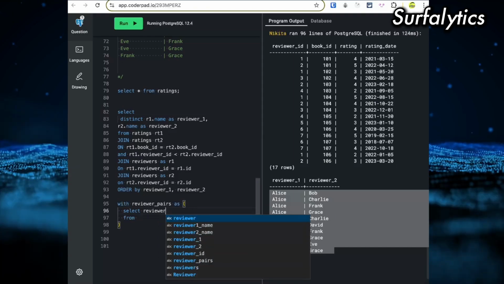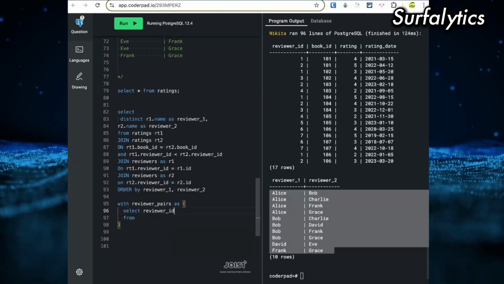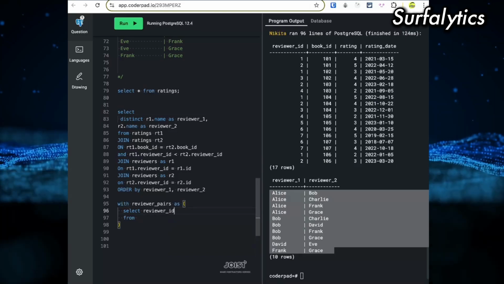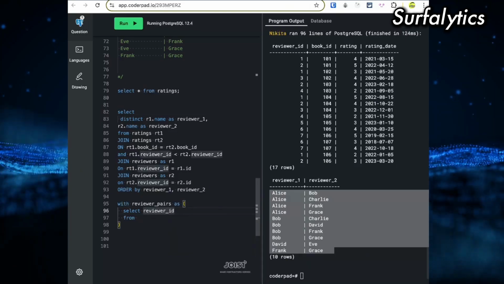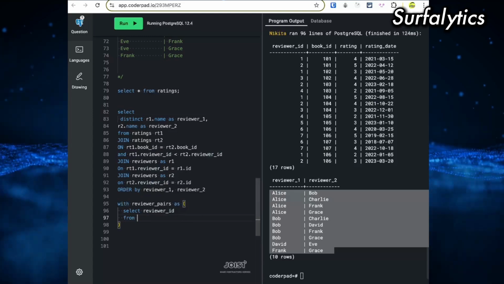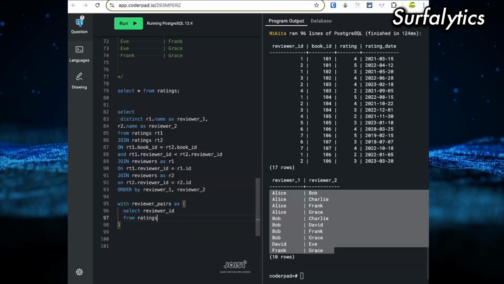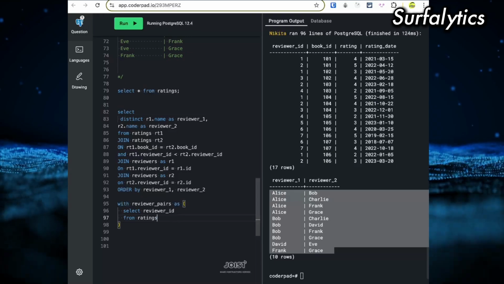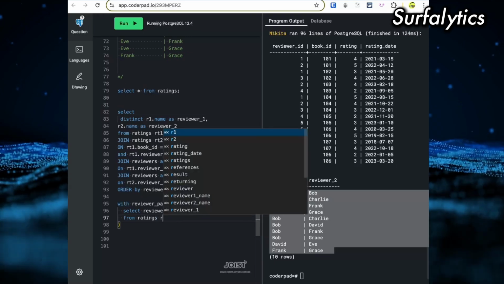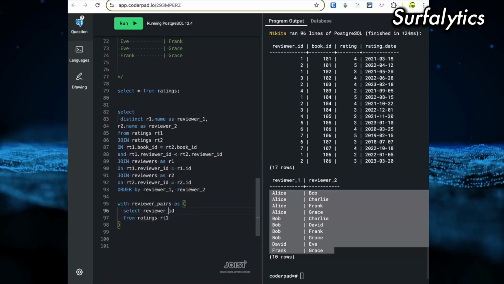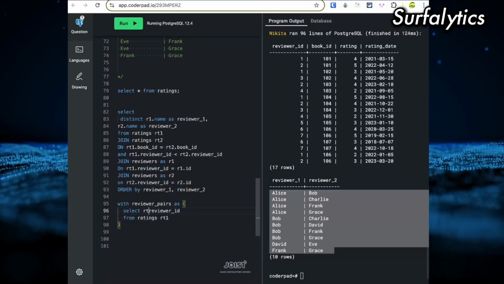I can use reviewer ID from ratings table and RT1.